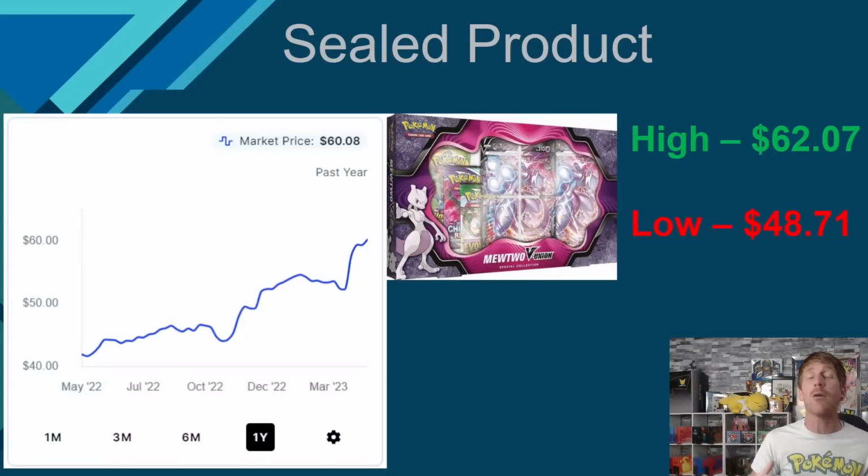Remember, this one came out in a chunk of 3 different collection boxes, so there was the Zacian V Union, Mewtwo V Union, and the Greninja V Union. The Mewtwo V Union has been doing the best, and that's because of the competitive aspects of Mewtwo V Union. While it doesn't make a lot of noise currently in the competitive format, it has in the past. It's won regional events, it's won major events, and there is still room for it in the meta moving forward,